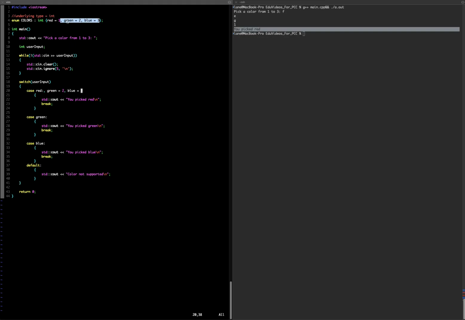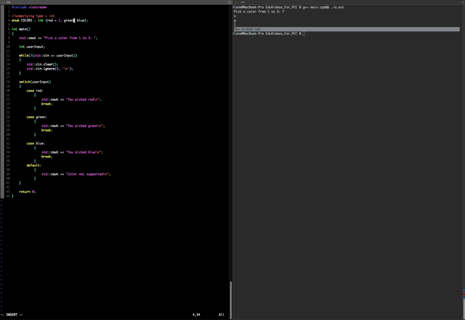And so again, if we wanted to, we could only put 1 here, and then green will automatically get the value of 2, blue will automatically get the value of 3. So in this case, we could just do this and then delete this, and that'll pretty much be the same because we started off with 1, and the enumerator's value will increment by 1. The compiler will automatically increment these values by 1, depending on what our starting value is. So it'll be 1, and then 2 will be for green, 3 will be for blue,